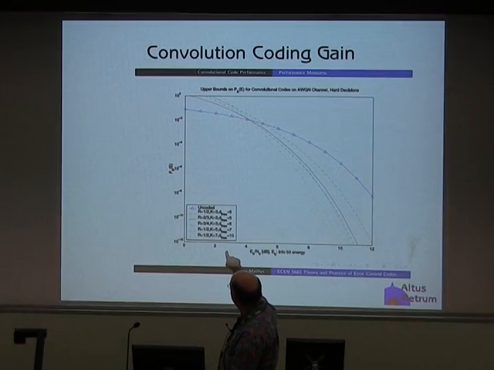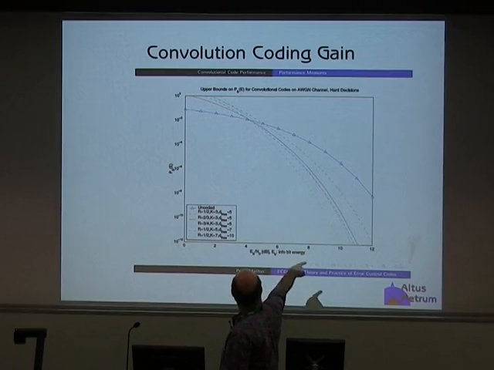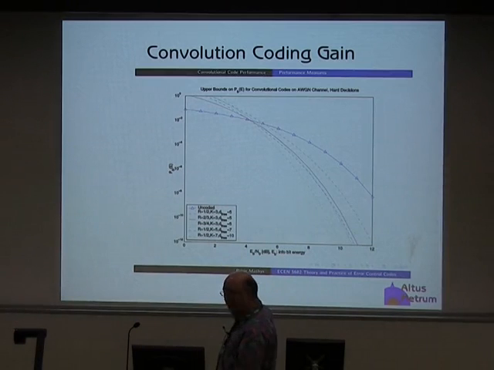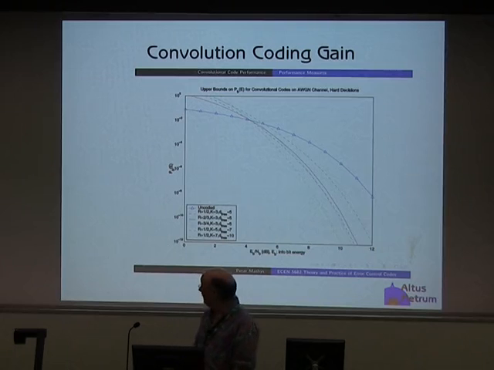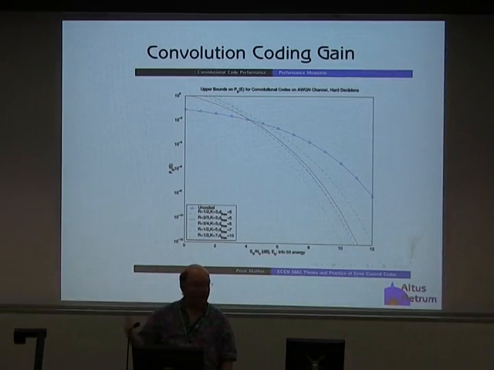The rate 1/2 constraint K is the one that I'm going to give you an example of here. It's that green line. It's the worst one, but it's the simplest one to understand. It doesn't show the rate 1/2 K equal 4, which is what the CC1111 uses, but it's somewhere in there, 2 or 3 dB. Again, free gain for just doing clever software.